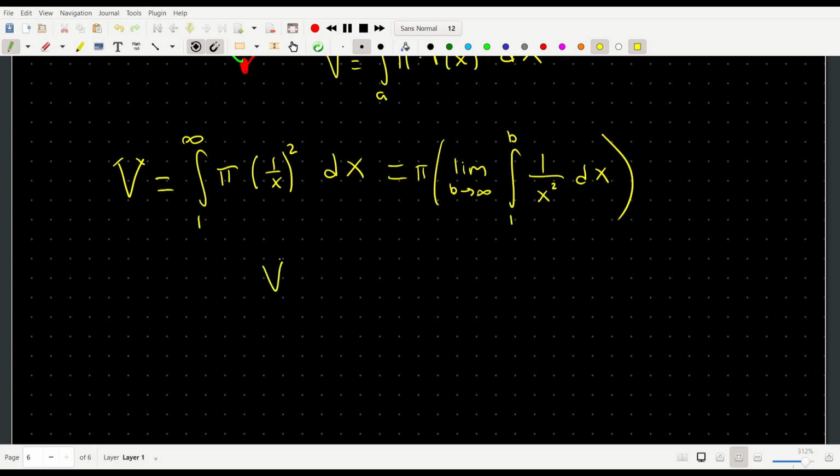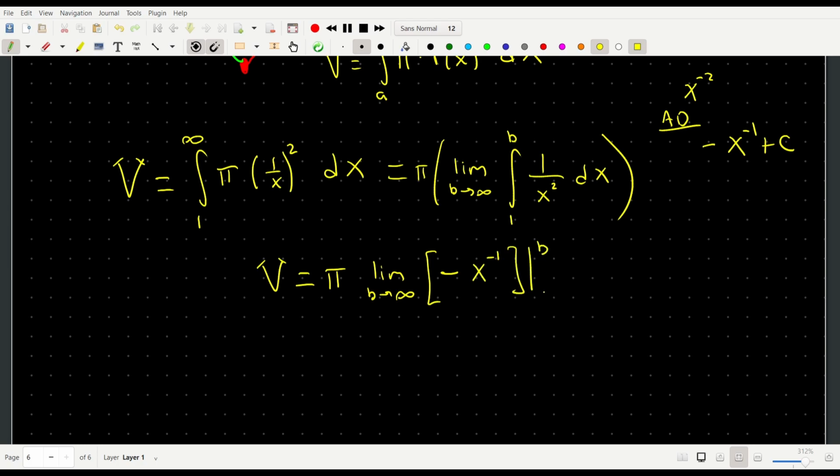However, just for the sake of this problem, I'll go through and do this integral out for you. We know that the antiderivative of x to the negative 2 is going to be negative x to the negative 1 plus c. This is what the antiderivative of this function is going to be. So this is going to be negative x to the negative 1 evaluated at b and 1,